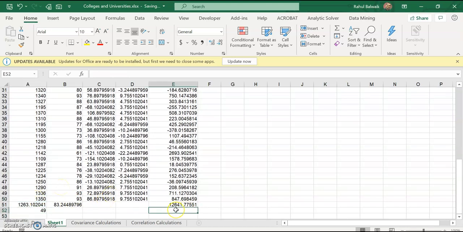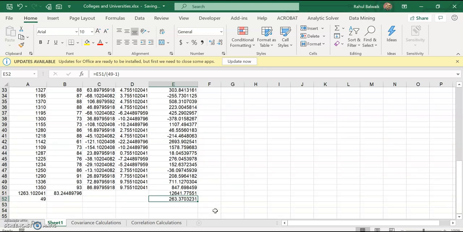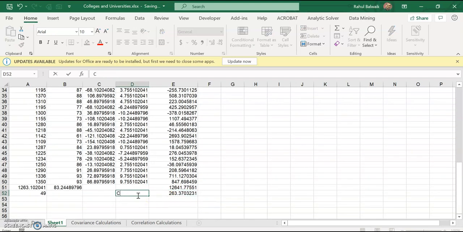So the covariance will be the numerator divided by 49 minus 1. Hence this 263.37 is the covariance value that I found with the help of manual calculations. So this is my covariance value.